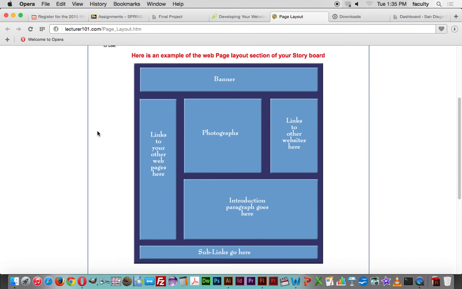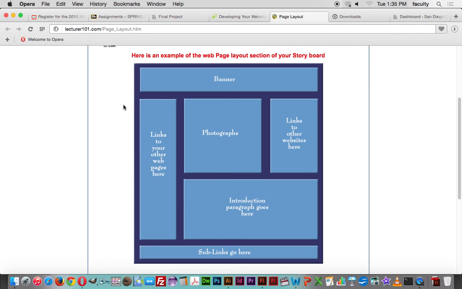I want to get an idea of what it's going to be. So you probably will have like three or four of these: one representing the splash page, another representing the home page, and then maybe a couple more representing your other pages. And that's really all I need